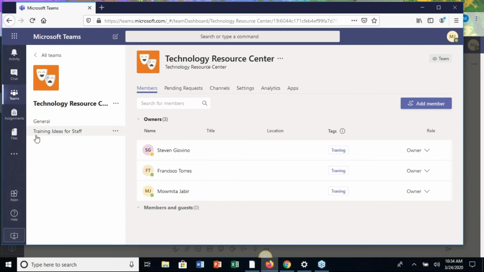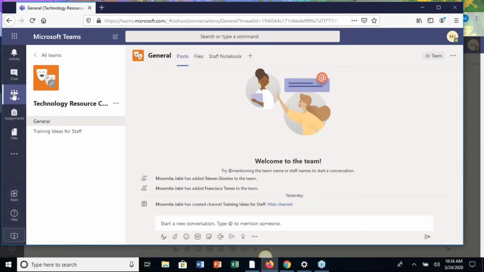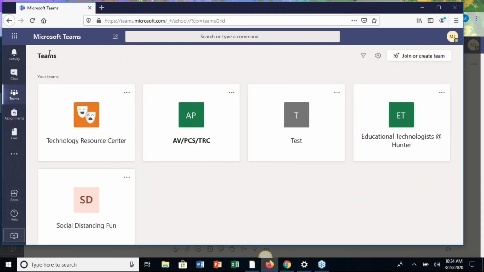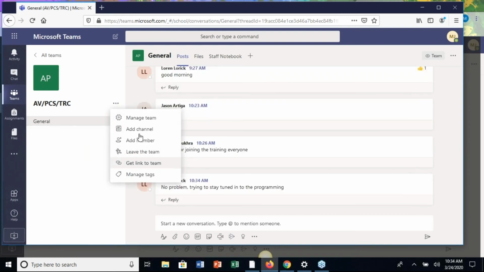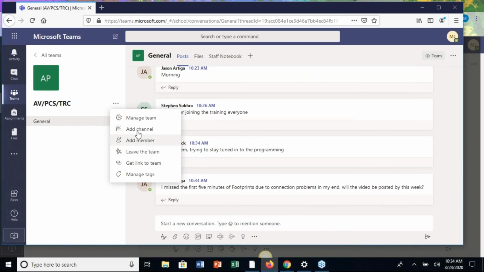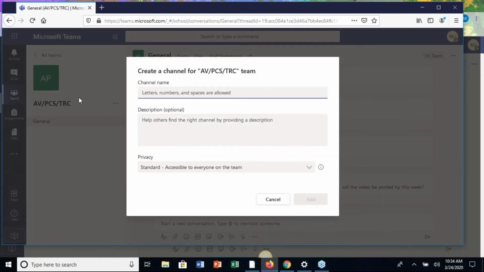So as you can see, I added one area, training ideas for staff. If I have to go to, let's say, the AVPCS, where the teams go, all teams. Let's see if I have to go in here. I don't know whether I'm an owner there or not, but I should be able to see it. Well, it looks like I'm an owner. So if I go here and add channels, what would be appropriate channel for all of the teams together, right? So I can just write